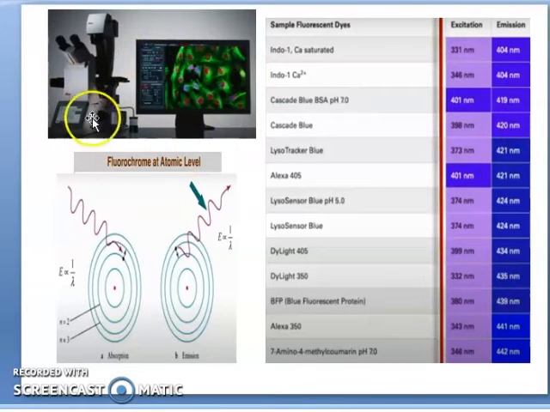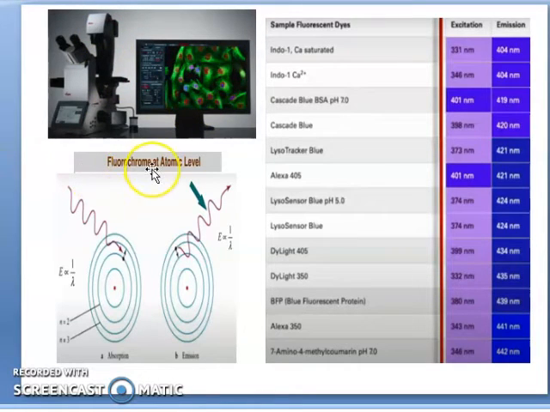So this is the picture of a fluorescence microscope. Over here is the ocular lens, and we can see the image directly through the eye. Sometimes this ocular device is coupled with a CCD, a charge-coupled device, which is further attached to a screen. So instead of looking directly into the microscope to visualize the image, we can see it on the screen. Most frequently, screens are coupled with this microscope to visualize the final image.